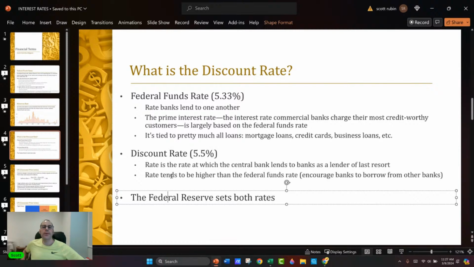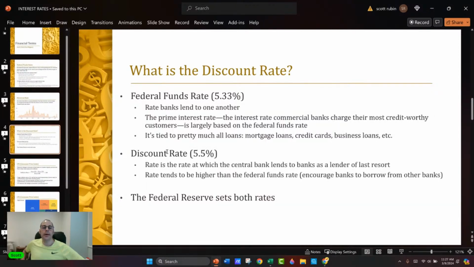So the Federal Reserve sets both these rates. Like I said, I don't think you need to know this to invest in the stock market, but knowing these kinds of things just makes you a more informed investor. And when you're reading things or listening to people talk about investing, if you don't know what stuff like this